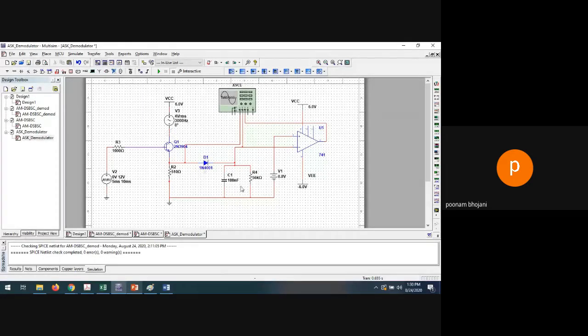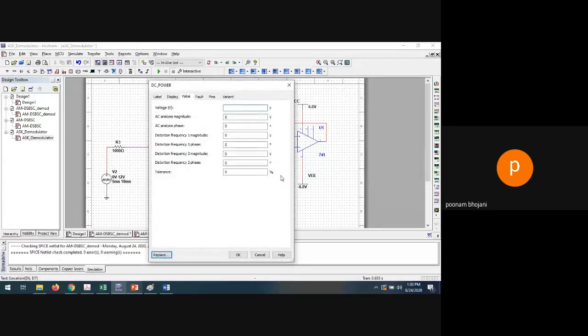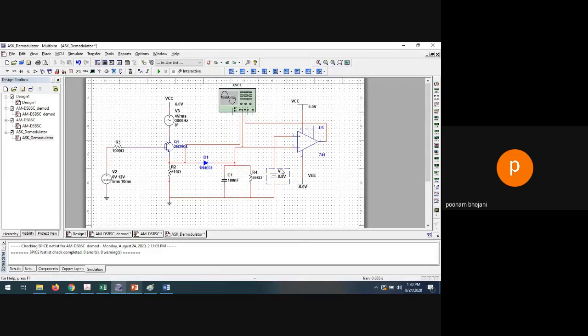So the first part of this demodulator circuit is the diode rectifier circuit. Second is the low pass filter, RC filter, and third is the comparator. Now let me tell you, this comparator has a reference voltage. I have kept it 0.8 volt, but you can keep any value. Let's say I'm keeping it 1 volt. So what do you mean by 1 volt? If the output signal of this low pass filter is greater than 1, then the output of the comparator will be logic high. But if your value is less than 1, then it will be logic low. But why I have kept it 0.8, let me tell you.